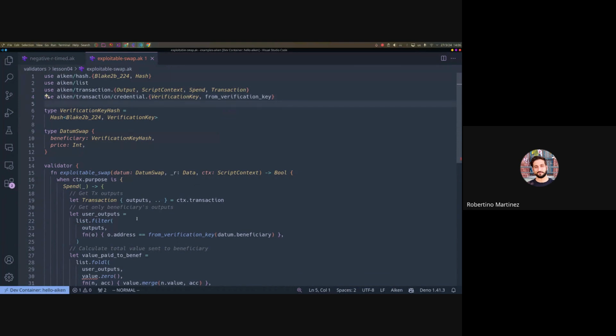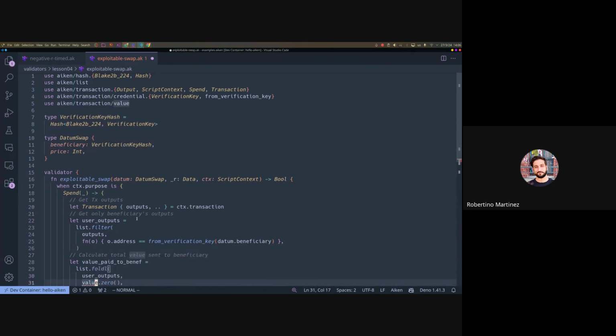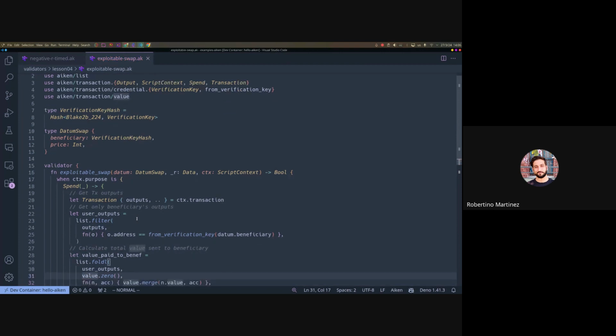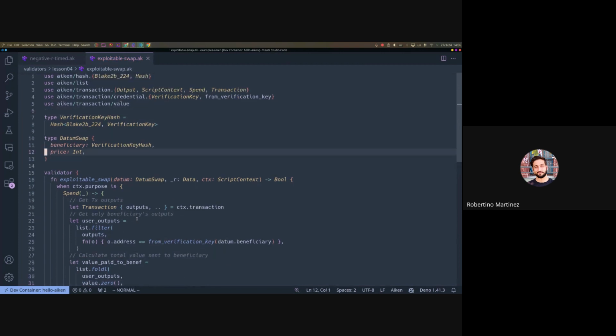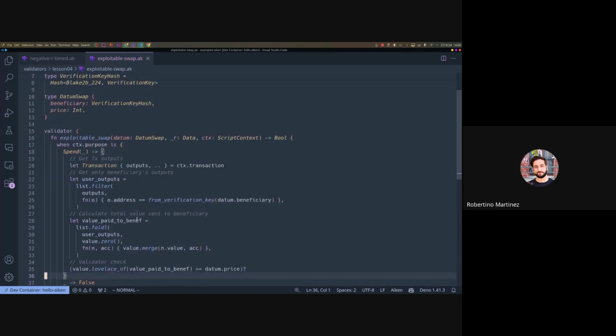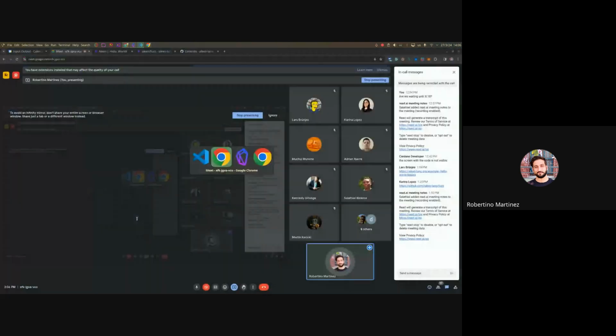There you go. So we have this swap validator, and let me